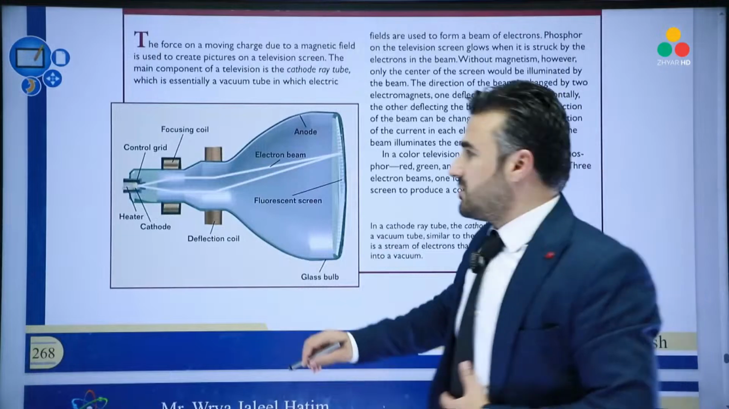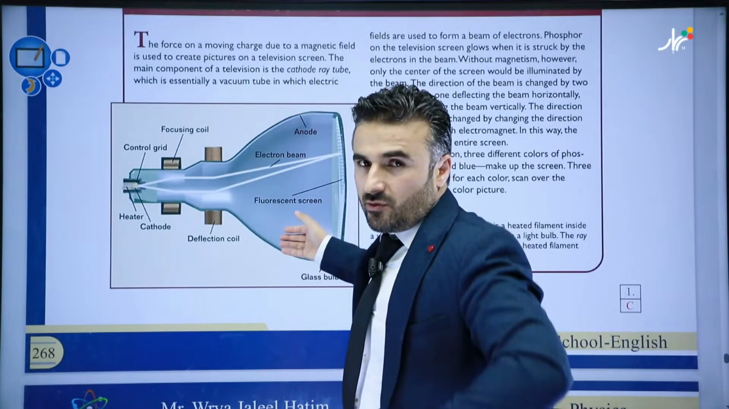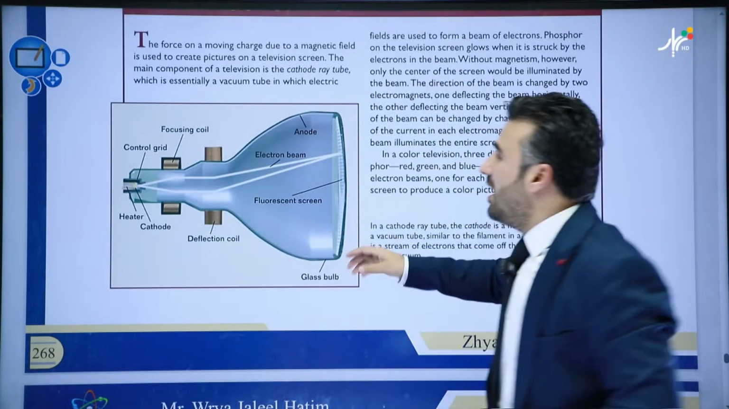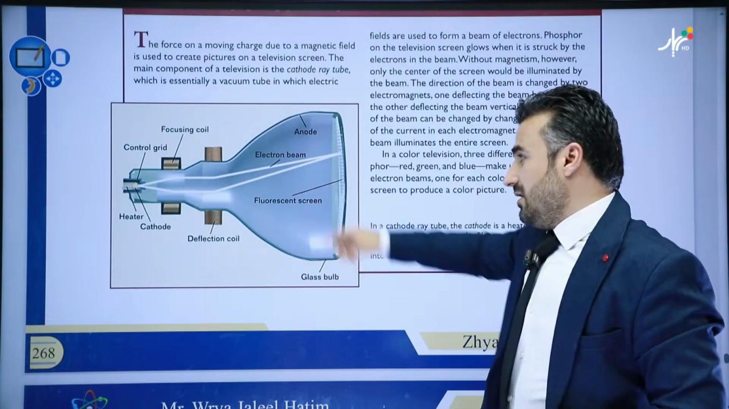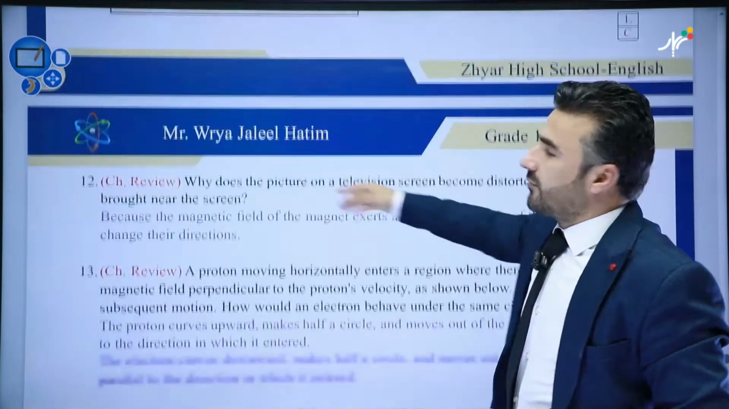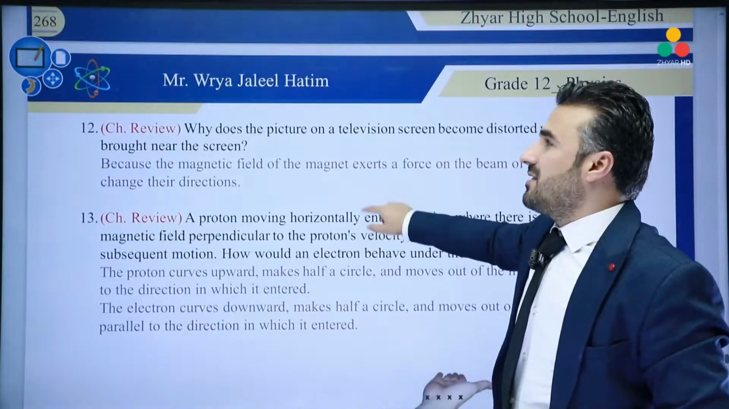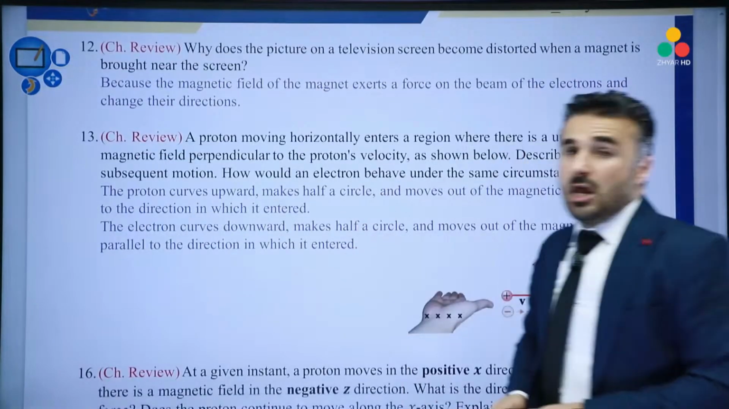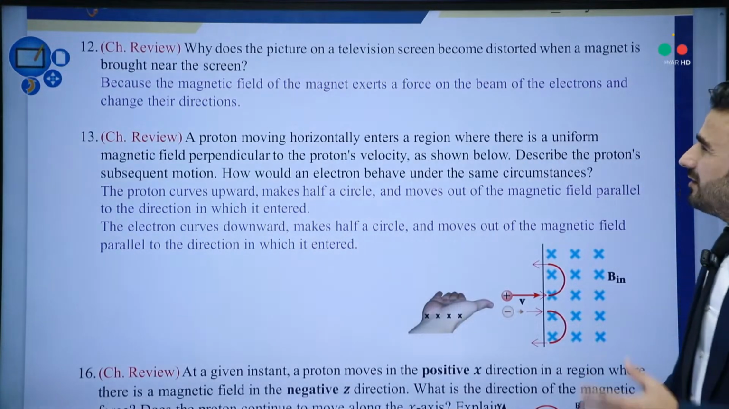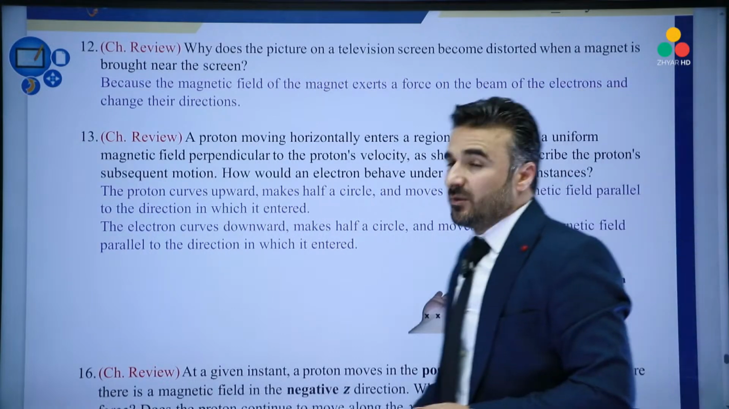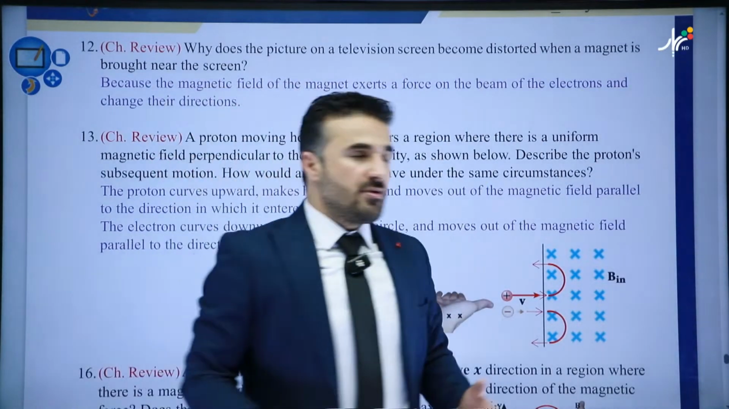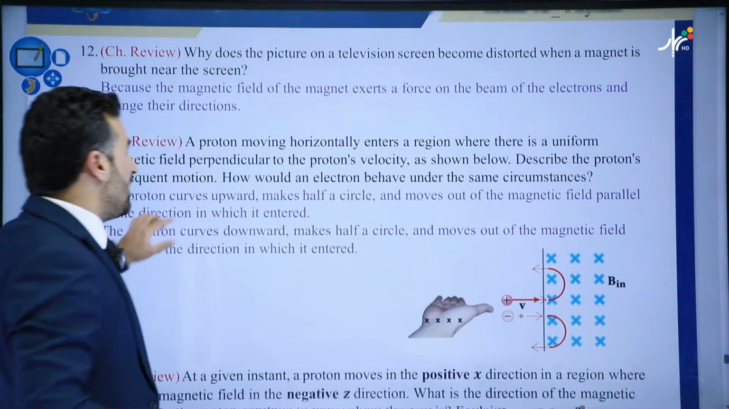They used to direct a beam of electrons onto the screen so that they can show you an image. We're not focusing on this, but I've told you this for a reason, for this question here. And that is basically question 12. It says, why does the picture on a television screen become distorted when a magnet is brought near the screen? So you do know that, even if you don't know about these types of screens,